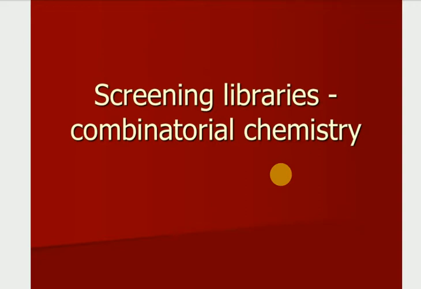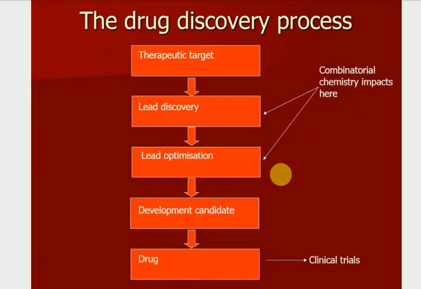So many companies rely on this approach almost entirely. So in order to do this screen, you can use a compound library. You can also generate a compound library using what is called combinatorial chemistry. Combinatorial chemistry is a chemistry approach which is quite different